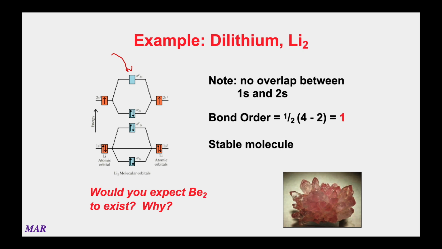So diberyllium we would not expect to exist. It would be 1/2 parentheses 4 minus 4 or 1/2 parentheses 2 minus 2, depending on which orbitals you looked at. It's going to have a bond order of 0. If you have just as many bonding as anti-bonding electrons, there's not going to be any stabilization in the molecule,